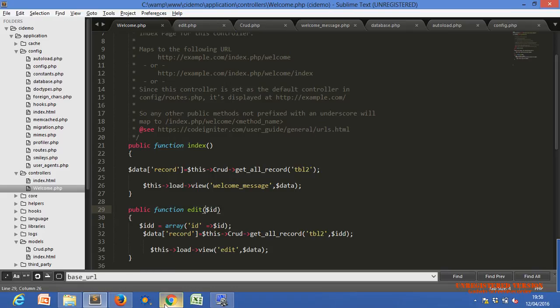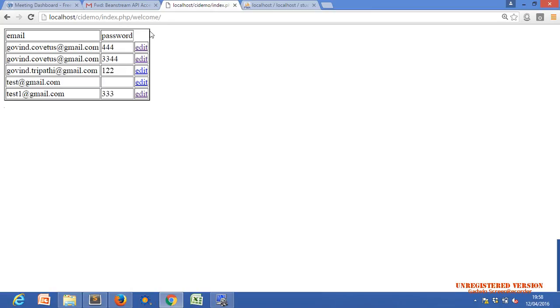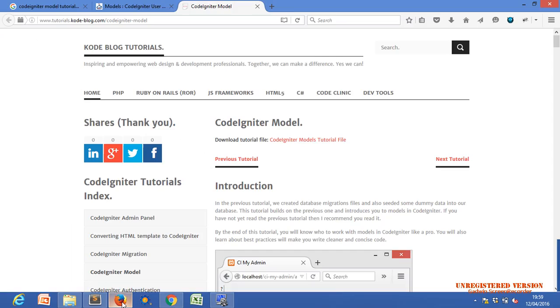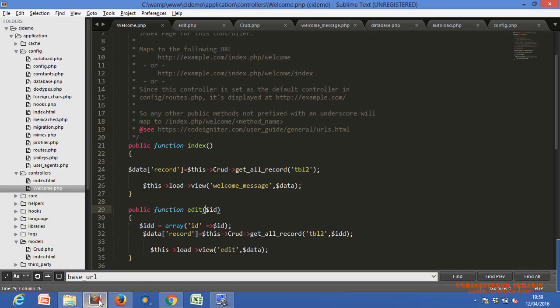Whenever we call the edit method, whatever the value is after this slash, it will be assigned to the argument. So dollar id, right now, has one. So we have created one array.